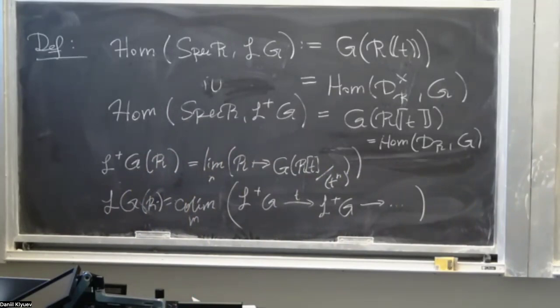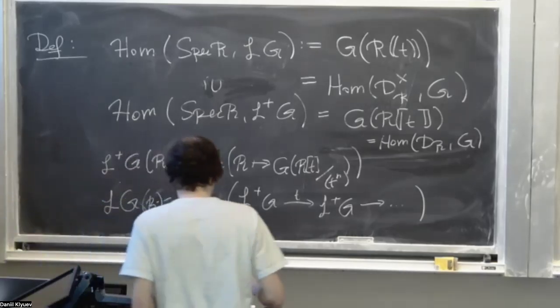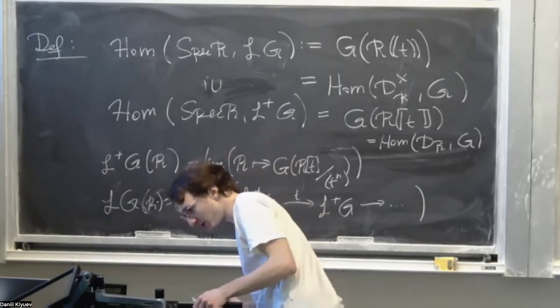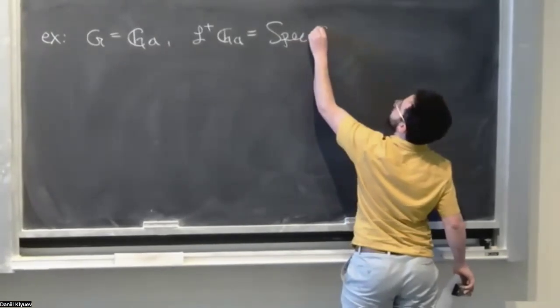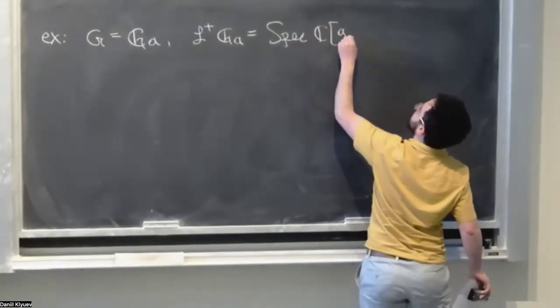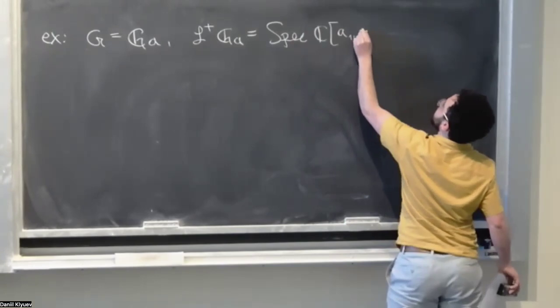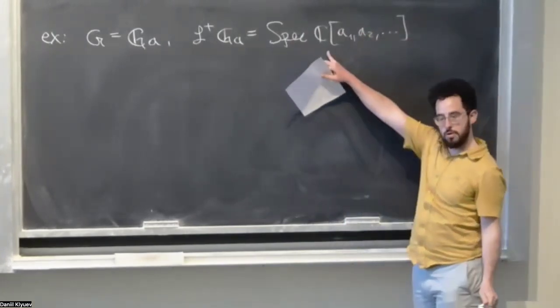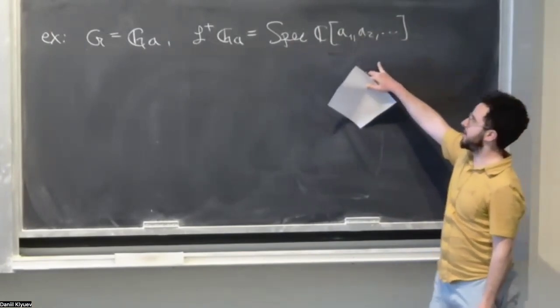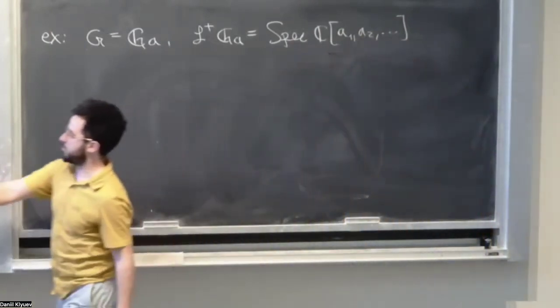Okay, an example of how it looks. If I'm taking G to be G_a, then positive loops of G_a is going to be the spec of a polynomial ring in A1, A2, and so on, with infinitely many variables. Each variable corresponds to